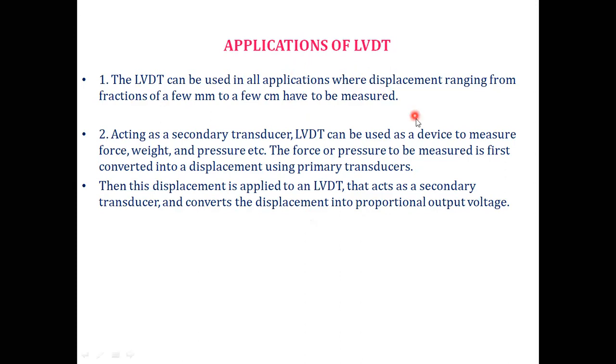LVDT can be used as a device to measure different parameters like force, weight, pressure, and acceleration, etc. The force or pressure to be measured is first converted to displacement using the primary transducer, and then it is applied to the LVDT. Then this displacement is applied to an LVDT that acts as a secondary transducer and converts the displacement into the